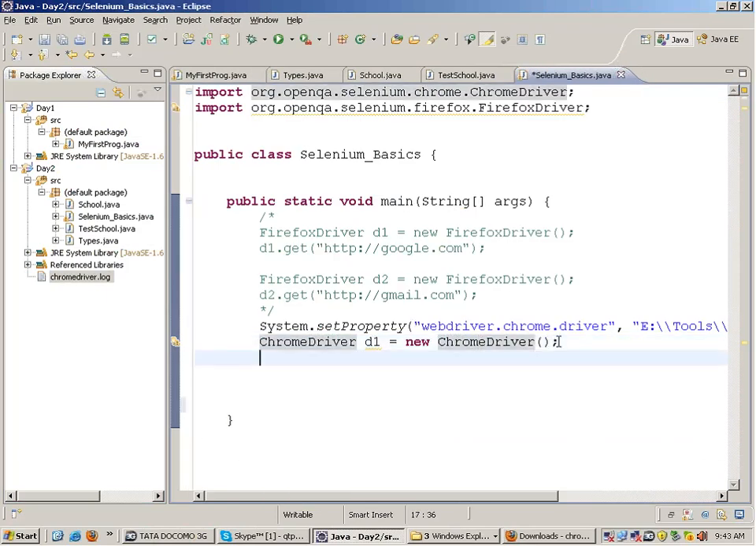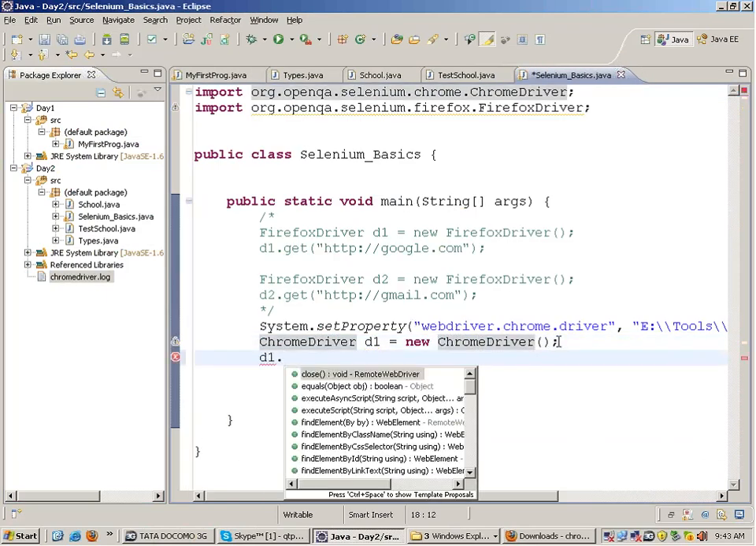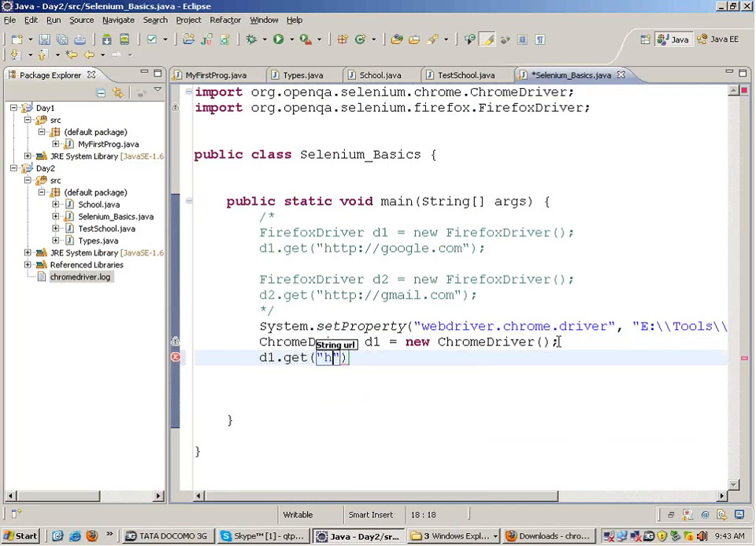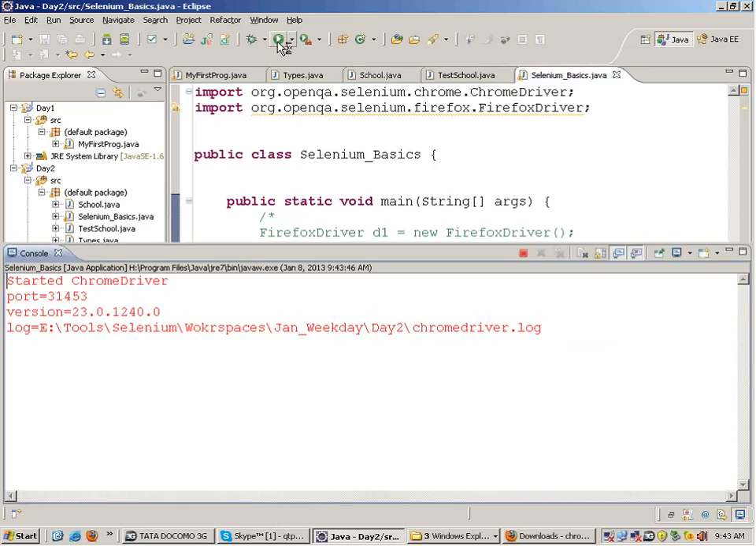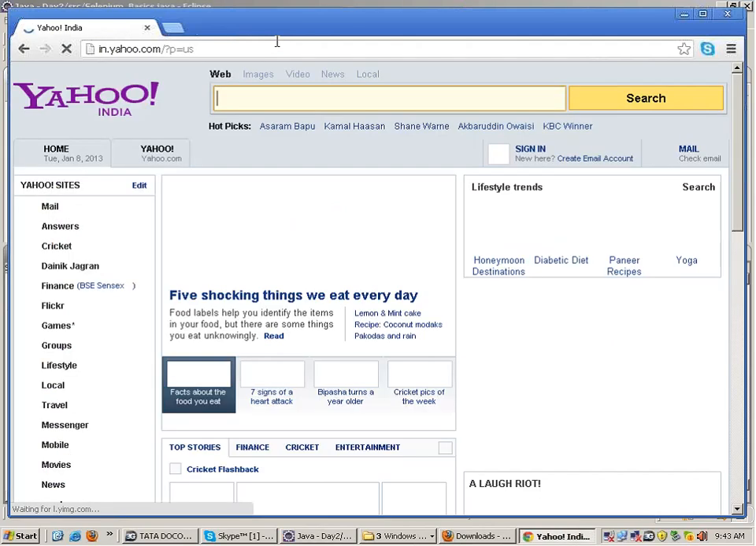Similarly, I can write over here ChromeDriver d1.get, that is go to the URL http, say yahoo.com, and in the end you want to close the browser, I'll tell you how, right? Hold on. If you run this, see Chrome will open and it will actually navigate to Yahoo,